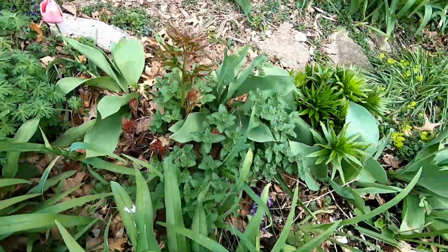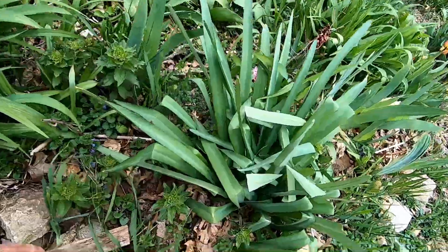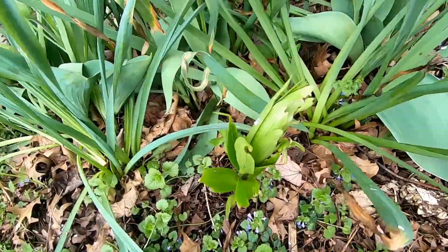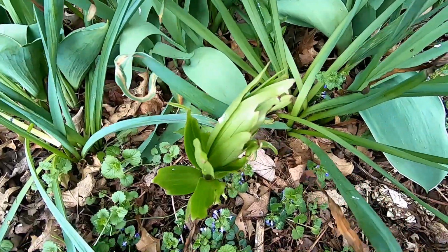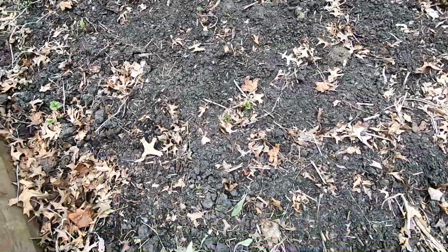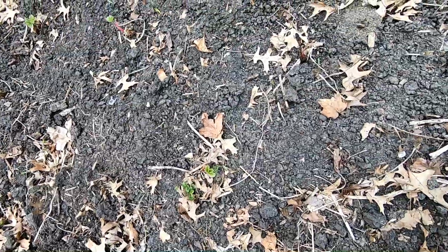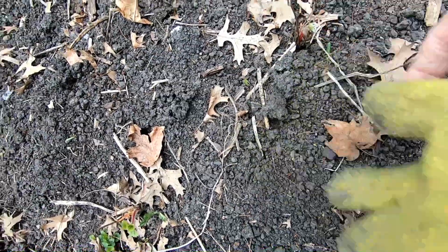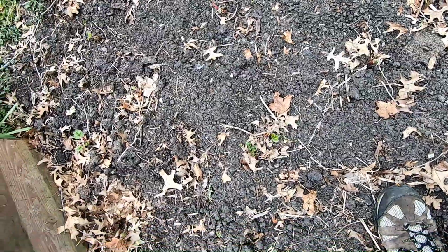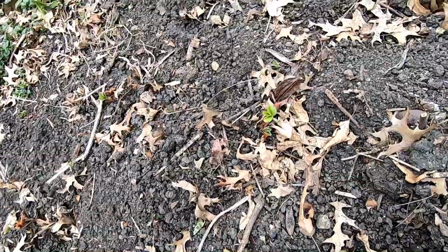There's peonies over here. Here's a hardy lily coming up. And I think that's a stargazer lily, if I remember correctly. It's been so cool that these strawberries I planted are not doing much of anything. They're not dying, they're just not growing. But then it's so cool. But you can see how they're kind of sticking their heads above the ground, right there,